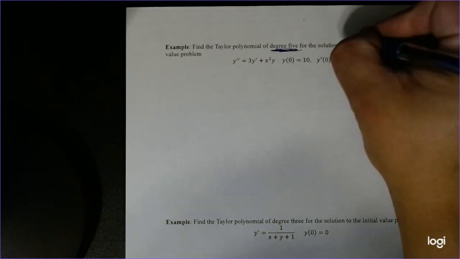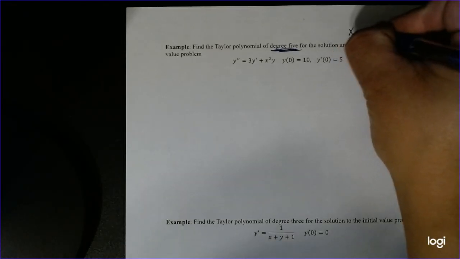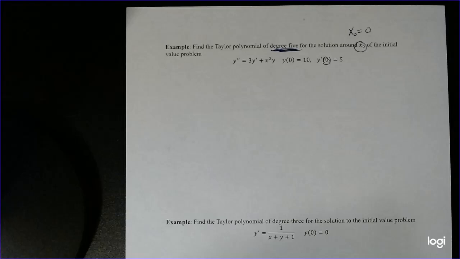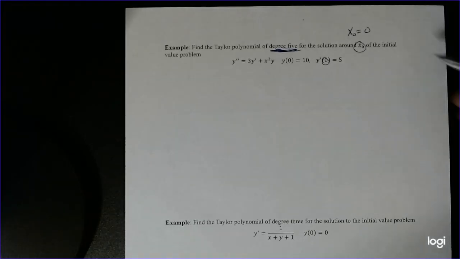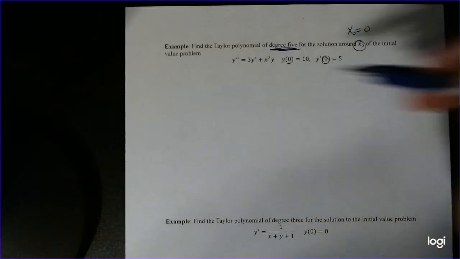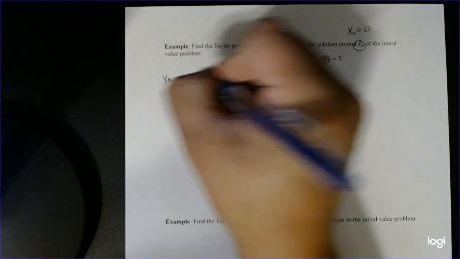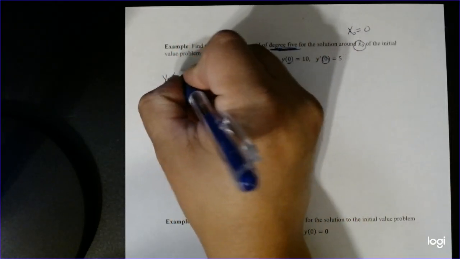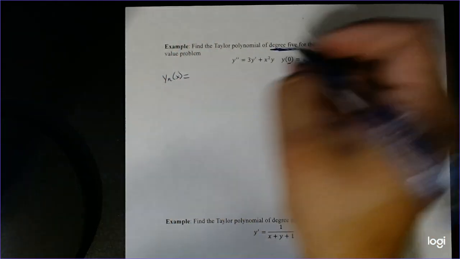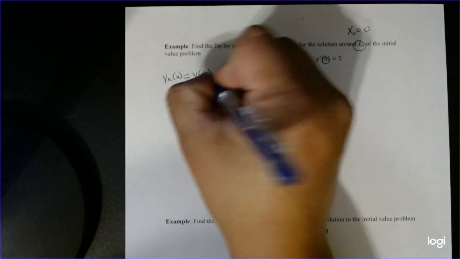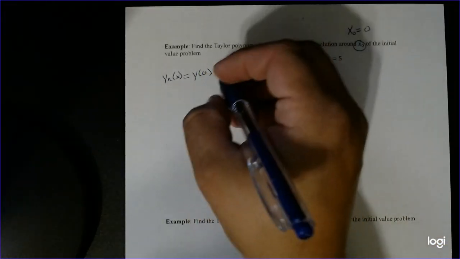Now in this case, x naught is going to be 0, right? It's always what's being evaluated there and there, as you can tell. So according to our definition, this Taylor series expansion of degree 5 is just the function itself evaluated at x naught, which is 0,